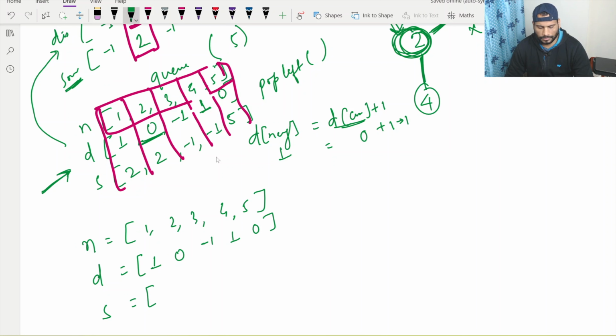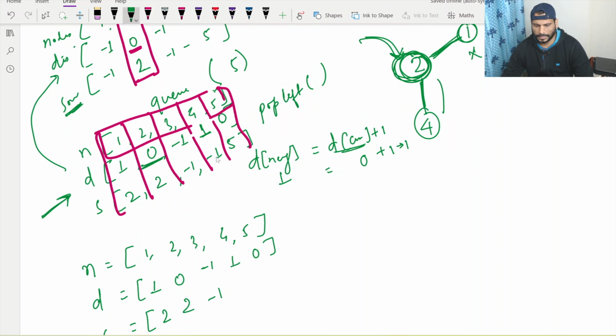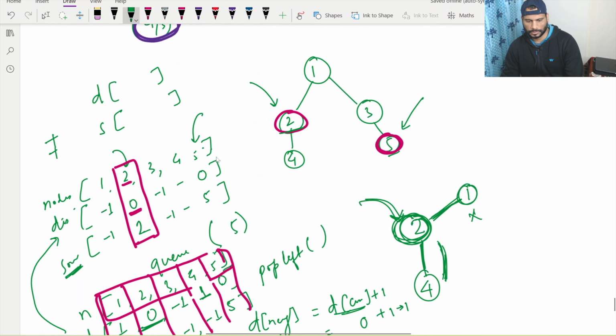And the source list: to reach node 1 the source was node 2, for 2 it was node itself, for 3 it is -1. To reach node 4 the source node was node 2, and for 5 it is the same, node 5 itself, right? So till here we are done, and our graph was, let me again take this graph,